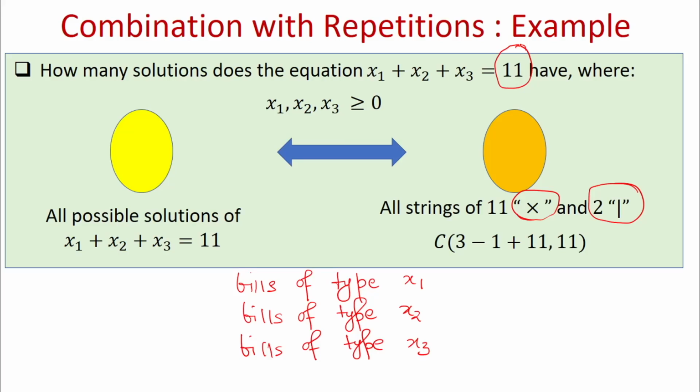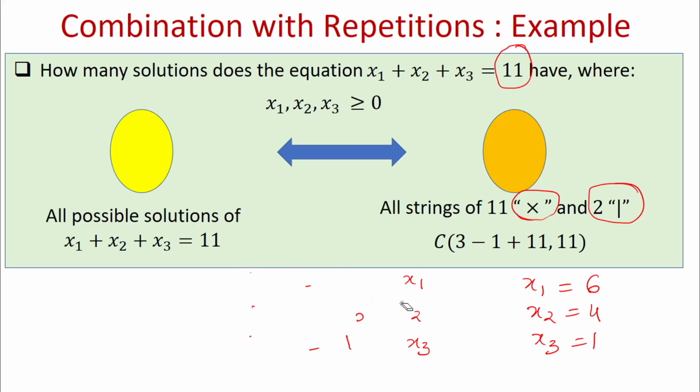Or you can pick 10 bills of type x1 and one bill of type x2, which corresponds to x1 being 10 and x2 being 1. Or you could have x1 equal to say 6, x2 equal to 4, and x3 being 1, which corresponds to picking 6 bills of type x1, 4 bills of type x2, and 1 bill of type x3. And here order does not matter. So your problem now reduces to picking a total of 11 bills from bills of 3 possible denominations where order does not matter and where repetitions are allowed. And we have derived just now that the formula for that is nothing but